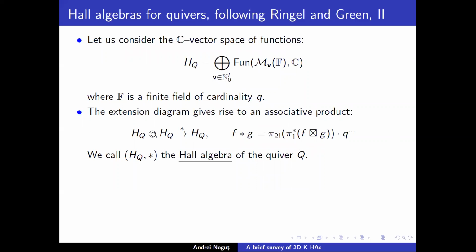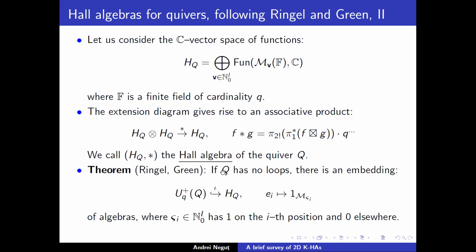Well, the statement then, or the theorem, is that this operation gives you an associative product. It's an associative product on H_Q as defined, and this is what is known as the Hall algebra of the quiver Q. And the theorem of Ringel and Green is the following. It's not just some weird algebra. It is actually an algebra which is very closely connected with the representation theory of the quiver Q